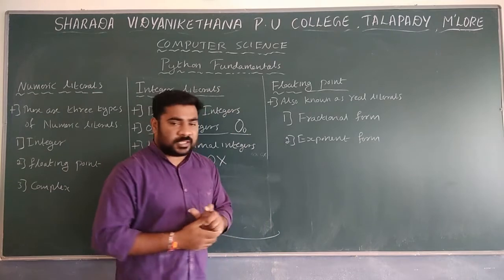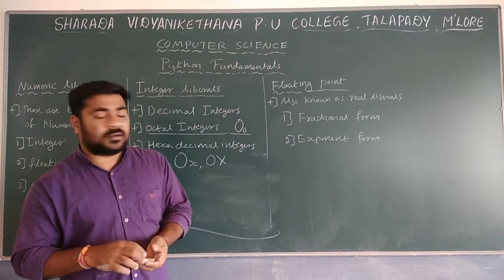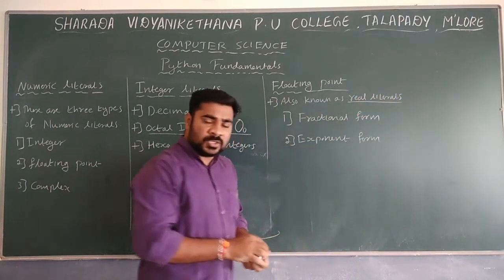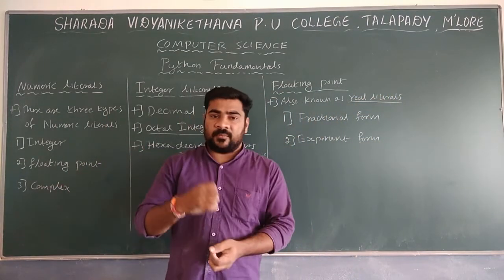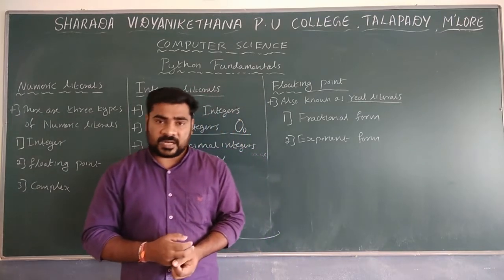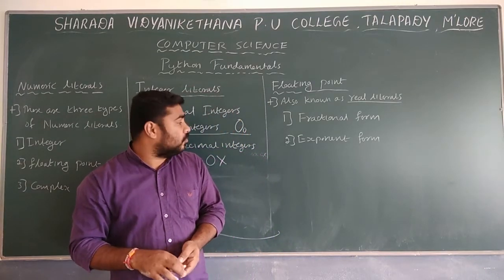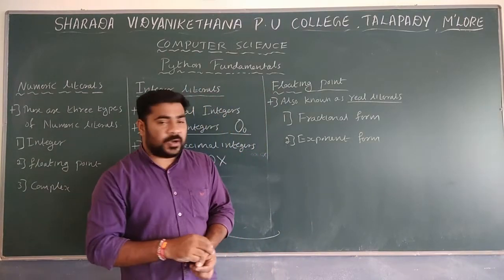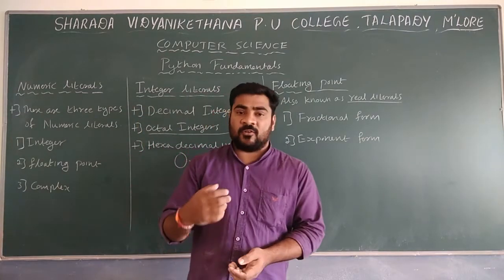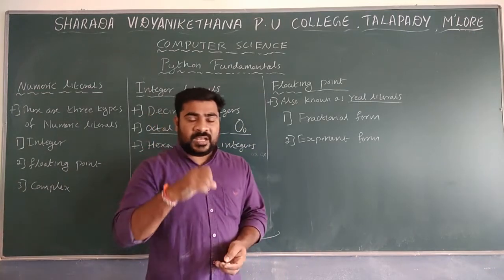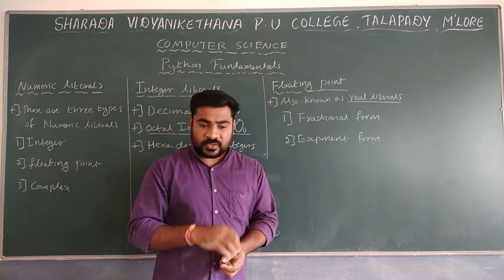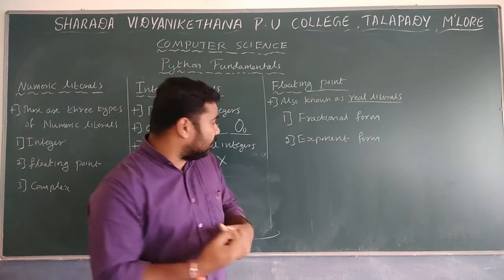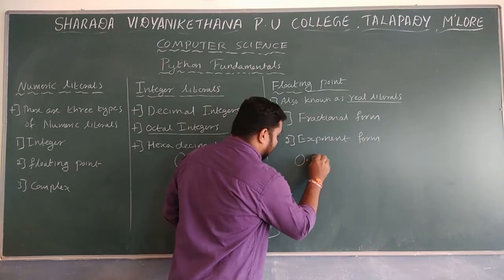Floating point is also known as real literals. There are mainly two types of floating point numbers available: one is fractional form, and the other is exponent form. If you take the fractional form, it contains fraction values. For example, we can take 0.58,